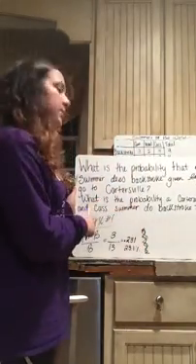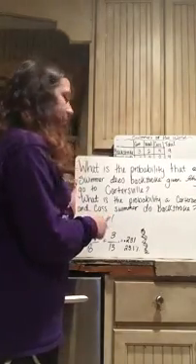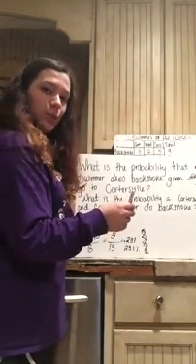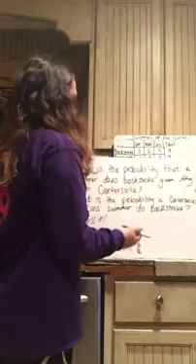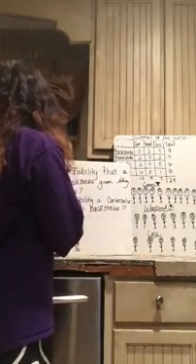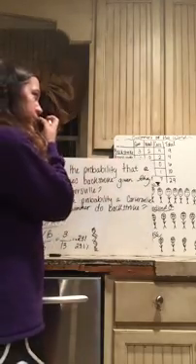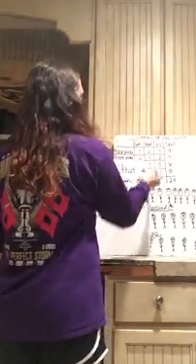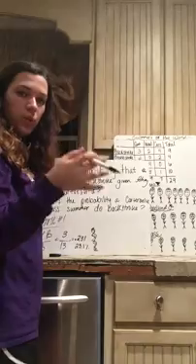Now let's look at the second one. What is the probability a Cartersville and Cass swimmer does backstroke? So because this says and, we're going to multiply. So we're going to go ahead and look at the Cartersville swimmers that do backstroke, which is going to be 3. And because this is and, we're doing the probability out of all the swimmers. So it's going to be 3 over 29